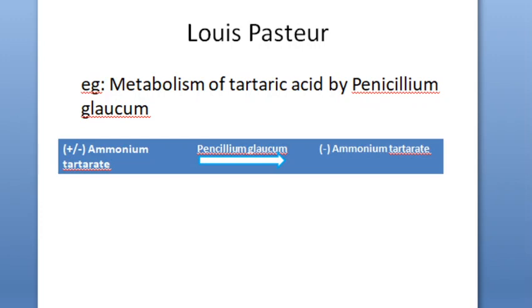So this is an example of what? Substrate stereoselectivity by the microorganism. Even in the case of the nose, it selectively smells one of the menthol, mint flavors. Our nose usually smells one of the stereoisomers, and the other stereoisomer has no flavor and is not detected by the nose. So again, that is a substrate stereoselective process.